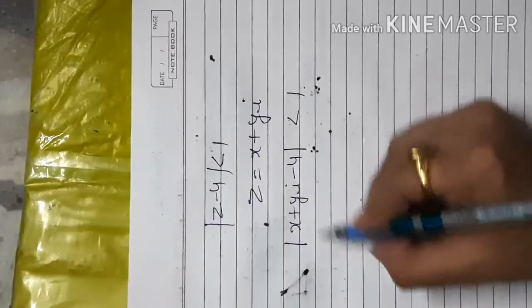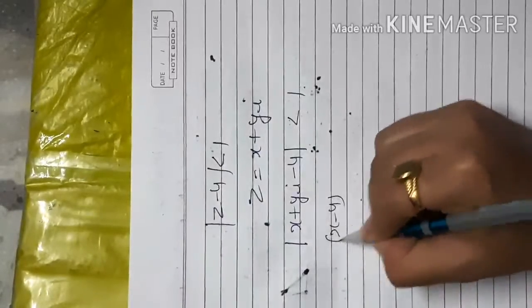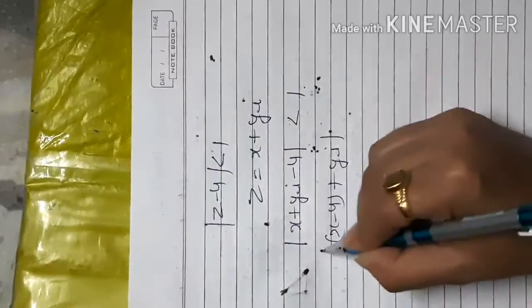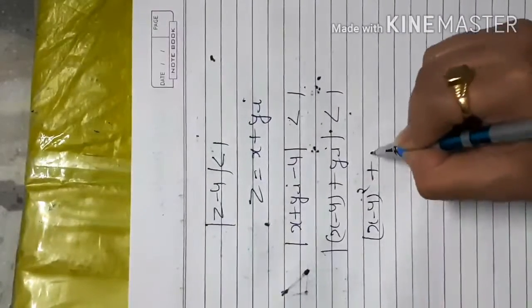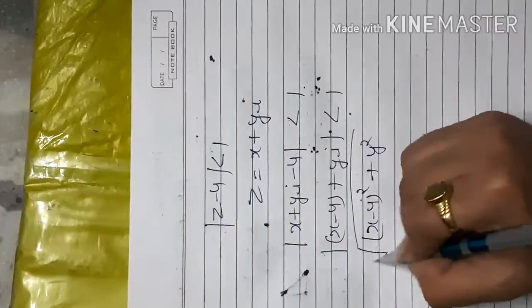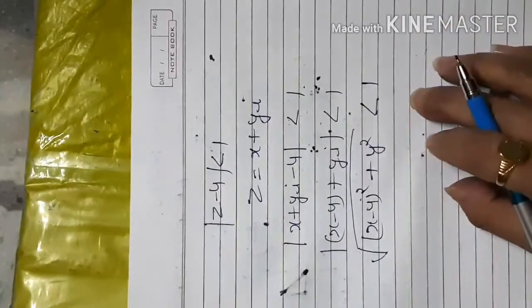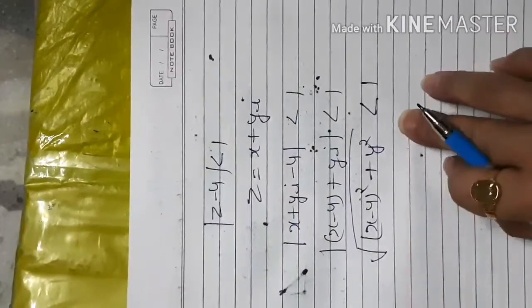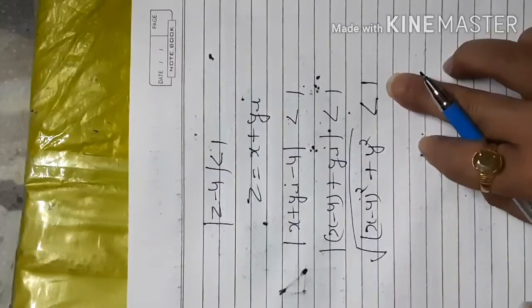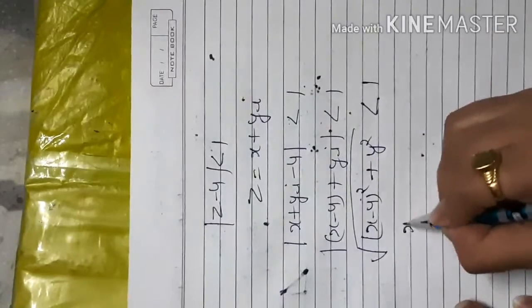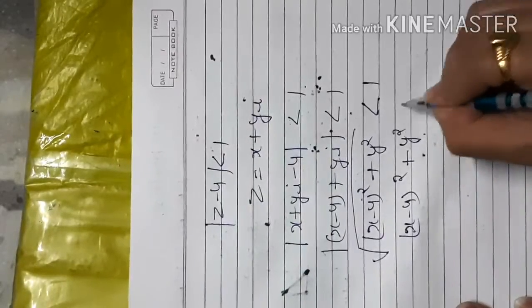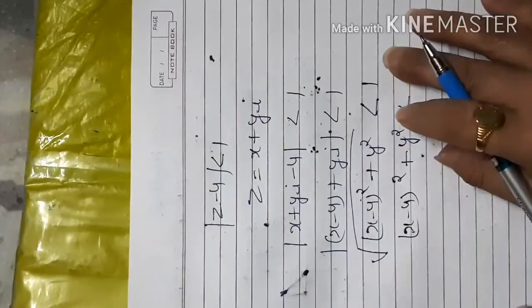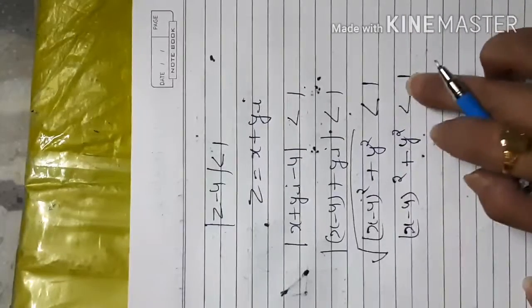Okay, so now when you equate the real part and imaginary part and find the modulus, x minus 4 whole square plus y square root less than 1. Now when you square both sides, you will get x minus 4 whole square plus y square less than 1. Okay, so what does it show? Less than shows that